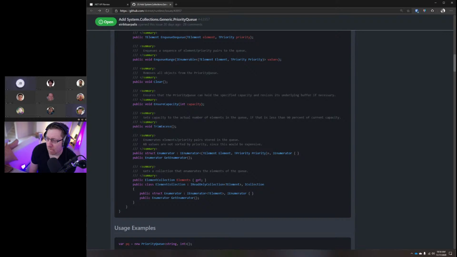I think not making the priority queue class itself IEnumerable makes sense, but it just feels like, is this something we've ever done before? It seems like very new territory. I mean, the producer-consumer stuff isn't. I think this one also is implicit. It's not that it's a great paradigm or a great example of design, but BlockingCollection implements IEnumerable, but it also exposes a method that gives you back an IEnumerable with special semantics.